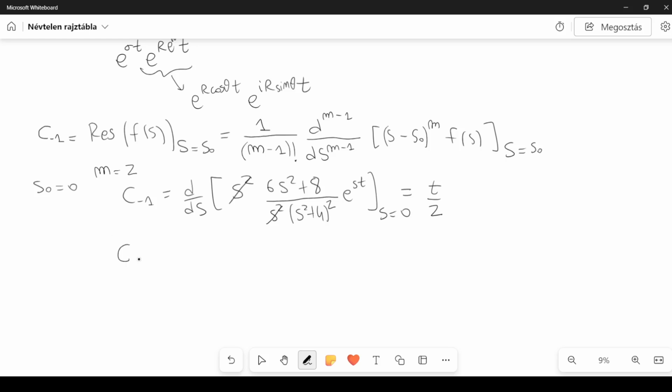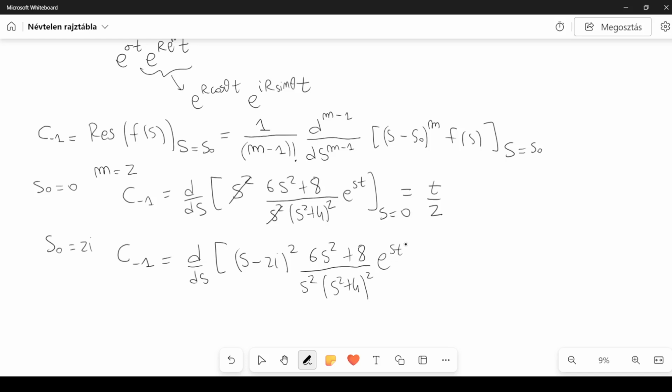Similarly, we can calculate c sub minus 1 when s0 is equal to 2i, and this is equal to the derivative with respect to s of (s minus 2i) squared, because in this case s0 is 2i, times (6s squared plus 8) divided by (s squared plus 4) squared, e to the st, and then we have to evaluate this at s equal to 2i. So if you do this calculation, you get minus 1 over 4 e to the 2it times t,